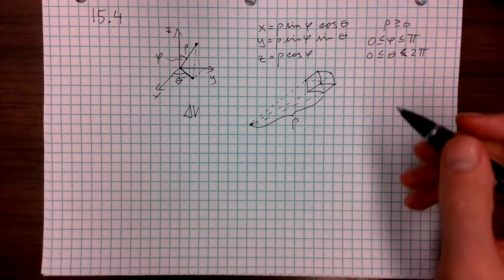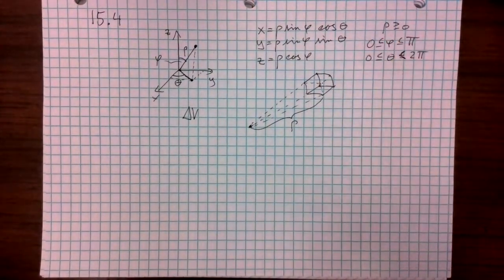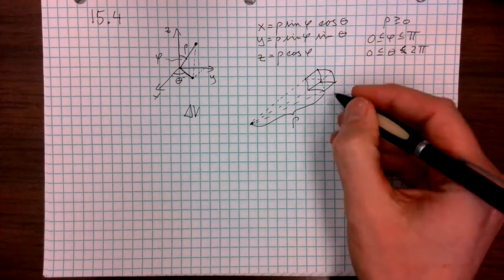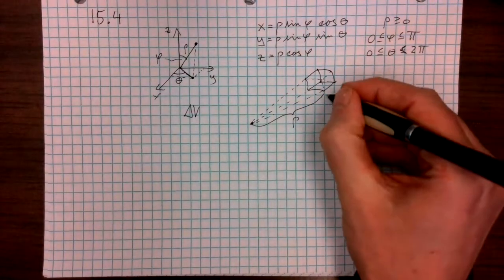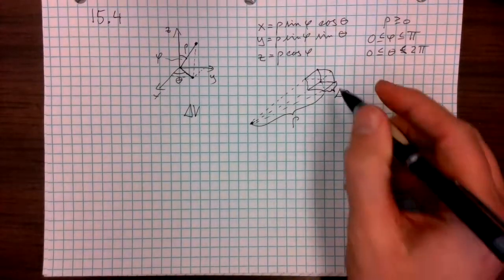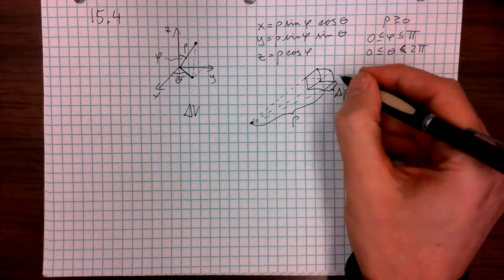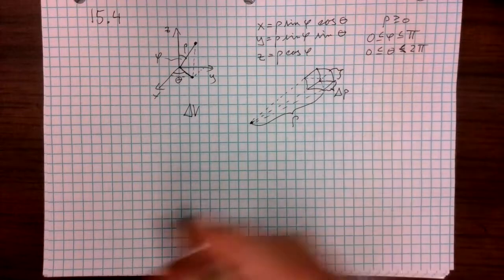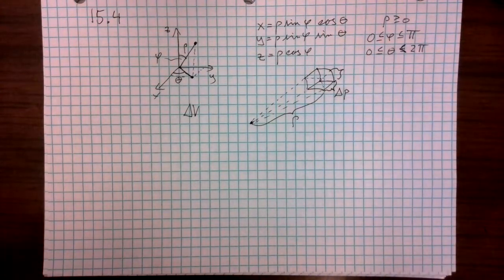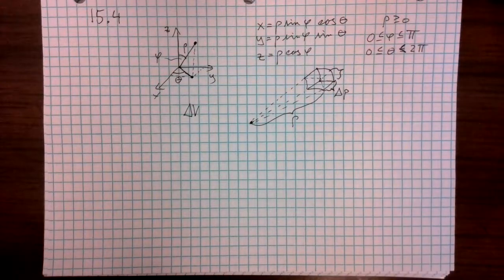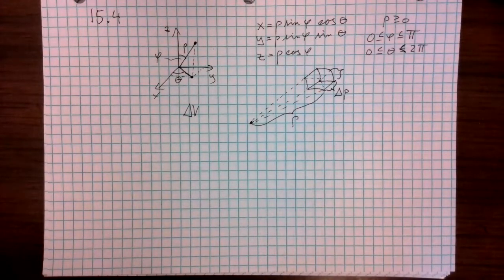Okay, so now what are approximately the length of these sides? Let's just do the approximations immediately. The easiest one, going away from the origin, is equal to the change in rho. That's just delta rho. There's no problem in there. Now for this, the change in phi, well, that's going to be, as you're basically just moving